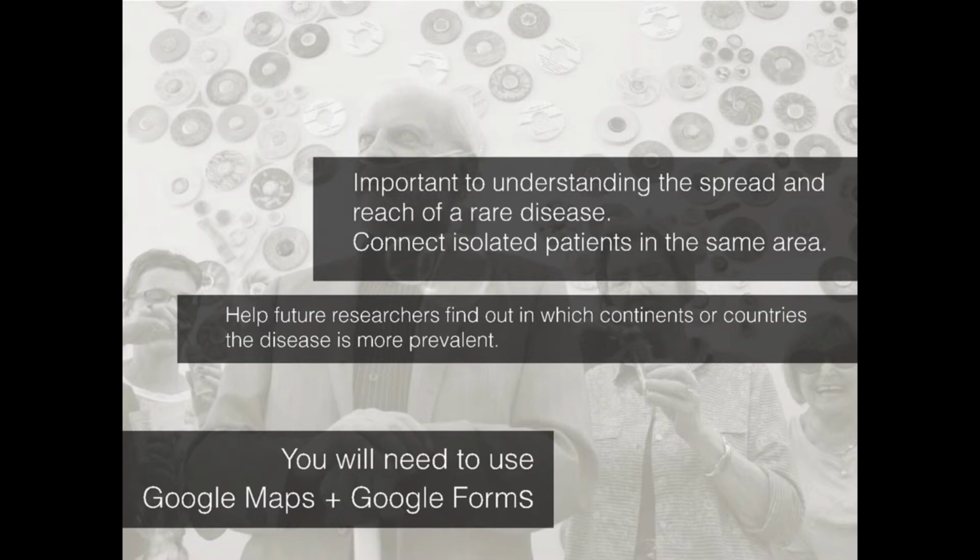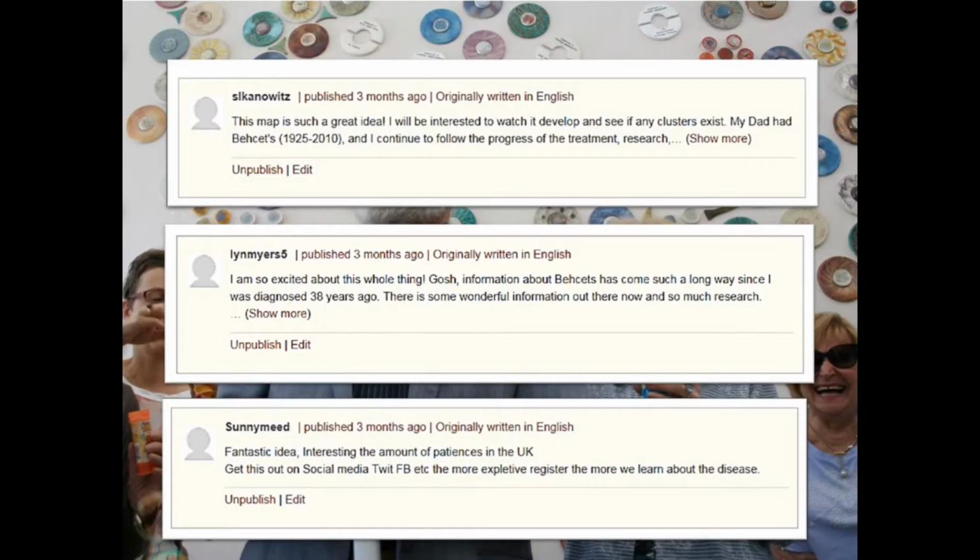And we realized after doing the map, which already has over 1,200 marks, that people, and especially people with rare diseases, love to leave their mark on a map because they feel so isolated and so alone in the world that seeing that there are others near helps them.